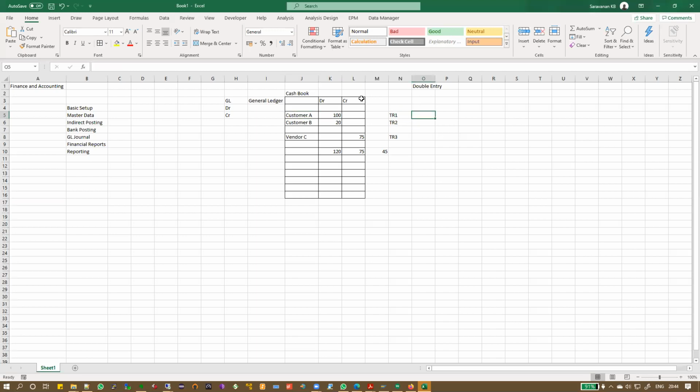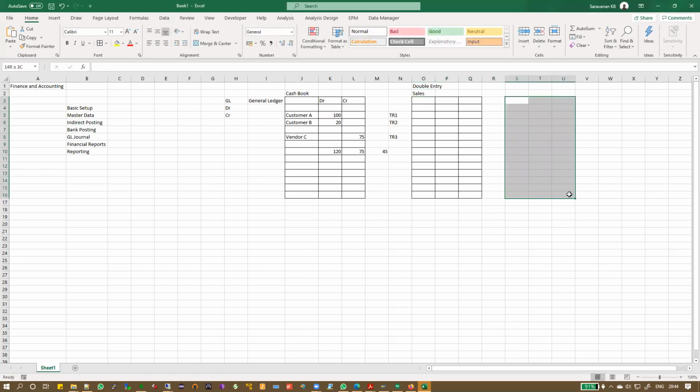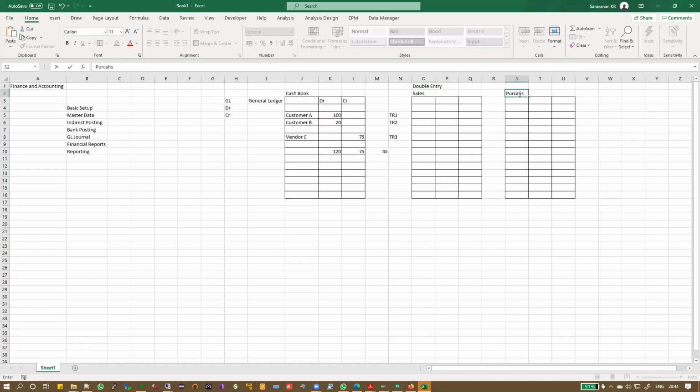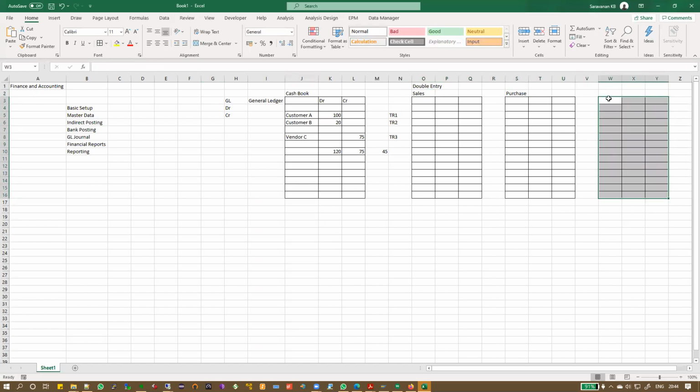So if this customer bought something from you, it is the same customer, and I'm creating another book here. Let's call this a sales book, and this one a purchase book for my vendors. Now I am also creating another book for the argument's sake.